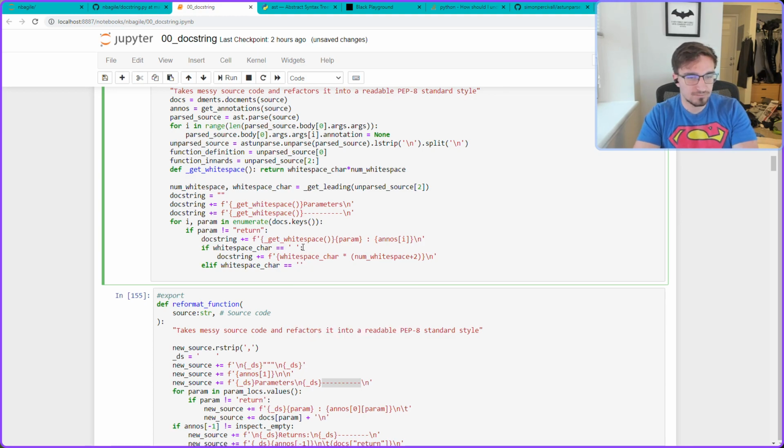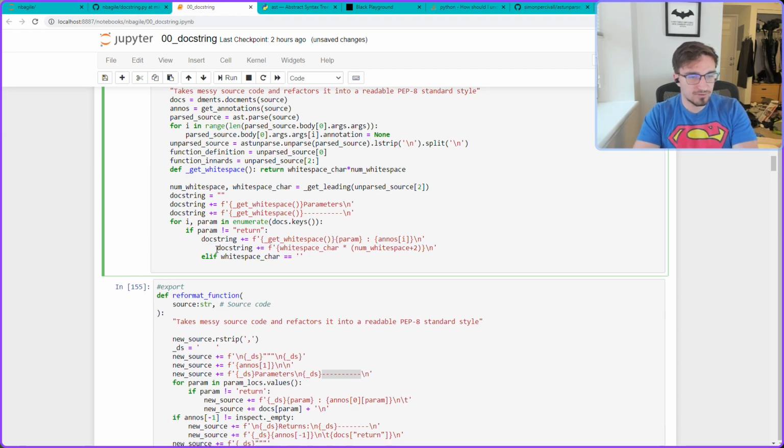Yeah, that's annoying. All right, we'll just have it do extra tabulated things, and I think black would format it to where it'd be fine. We'll check that later. I have a black playground, so we can play with it. All right, so then we